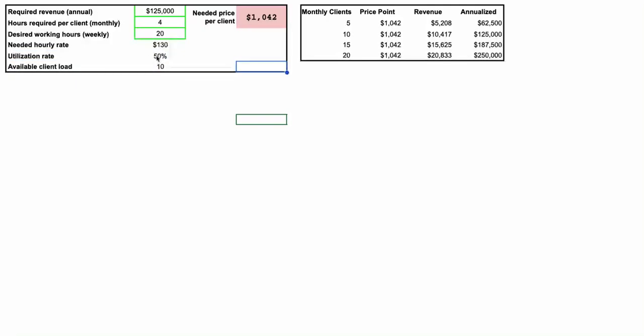And let's say 50% of the time, which means we're probably going to be putting in less than 20 hours a week, but that's okay. This is just a hedge. Our available client load is 10 clients, and we want to make around $10,000 per month. That means our pricing needs to be set right here at $1,042 per client per month. Okay, so if you can get 10 clients at